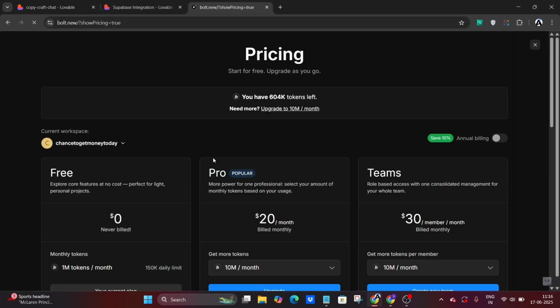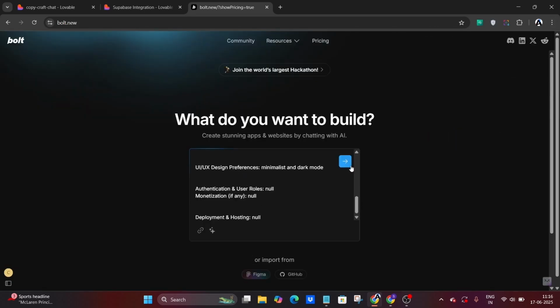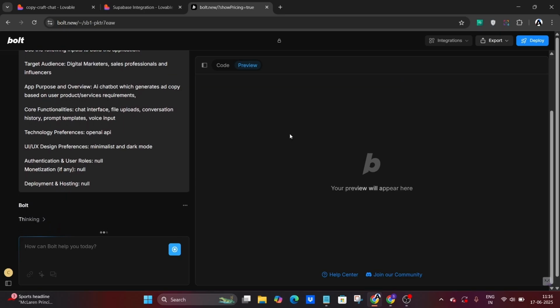Okay, let's see how the design looks from here also. Just paste here. Let's see how this particular web app looks in bolt.new. Okay, as I said, you can integrate all the things, Stripe and Supabase, from here also. And the great thing about bolt.new is